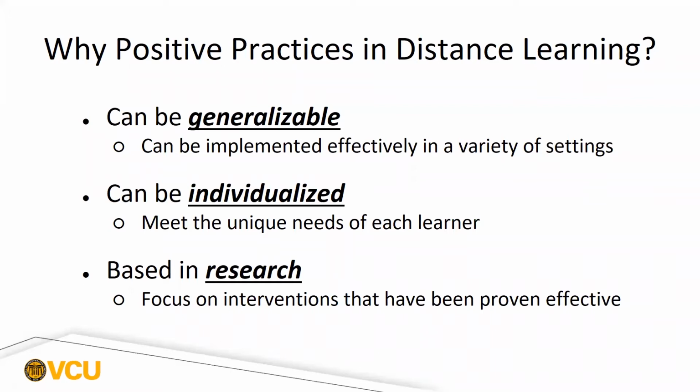And then we think about it being individualized. We want it to meet the unique needs of each learner. So each learner is different. We've all heard the quote, if you've met one student with autism, you've met one student with autism, right? There's such a spectrum. Students in general are very unique learners. We all learn a little bit different. I learn much differently than Teresa does. So we want to be individualized. So thinking about positive practices like reinforcement and prompting. We prompt differently for students, and we prompt differently in person than we do in distance learning,